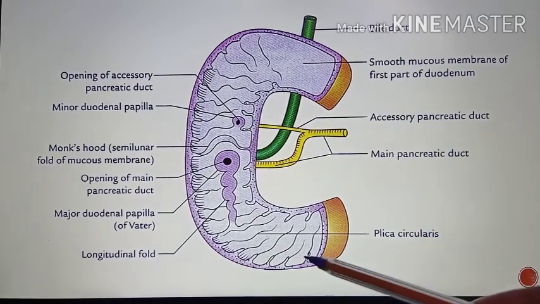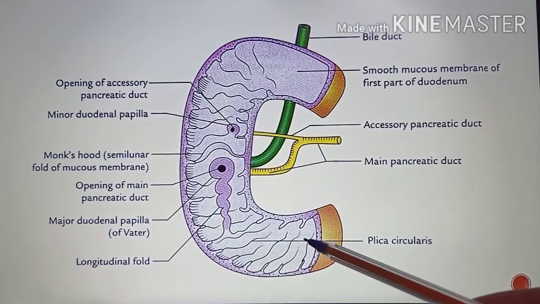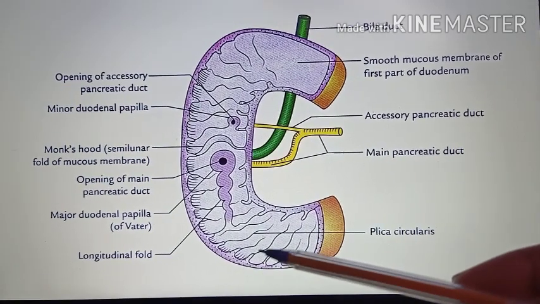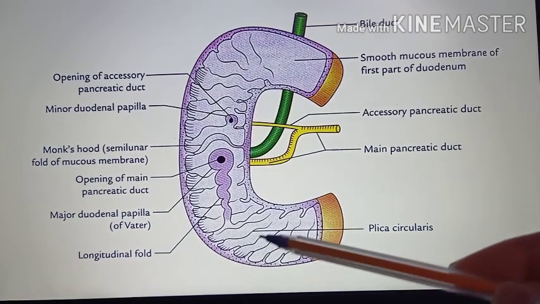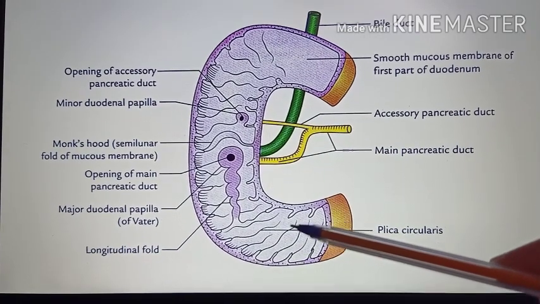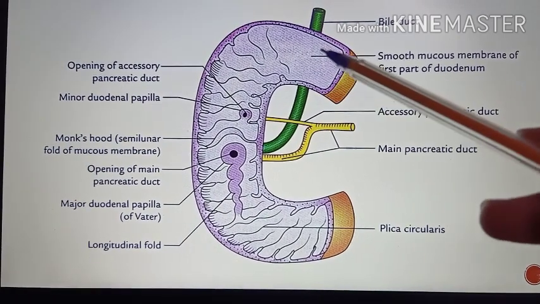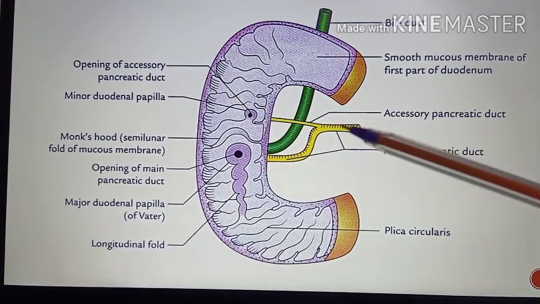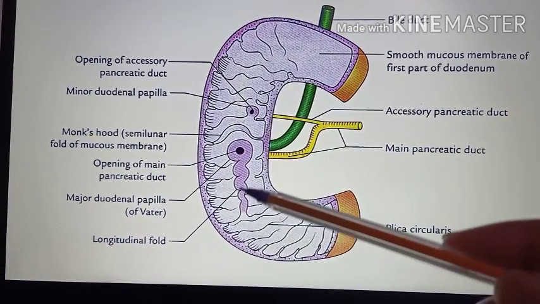This picture is showing the interior of the duodenum. You can see this is the first part, the second part, and the third part. Here you will have the fourth part. All these numerous mucous membrane circular folds are called the valves of Kerckring. In the proximal portion of the first part, there is absence of the mucosal folds. Now we will concentrate on the second part of the duodenum.